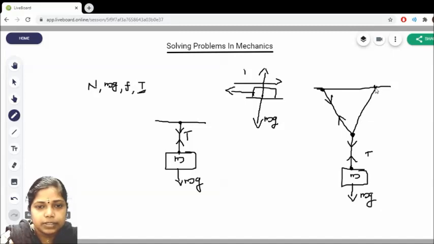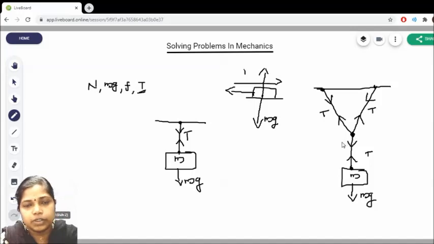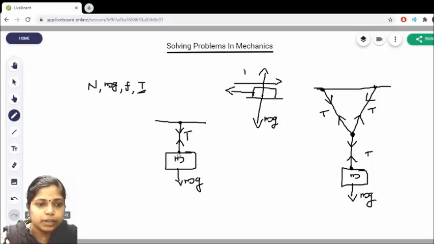So if we are taking this one, this will be the direction of tension, and from this point this will be the direction of tension. This is the way how we will draw the direction of tension in a string. Right. Now you will get more idea about this when we are doing a numerical problem. So keep in mind that the tension is always a pulling force. So when I need to draw the direction of tension from two contact objects, from the point of contact the tension will pull that point. In that manner you have to draw the direction.